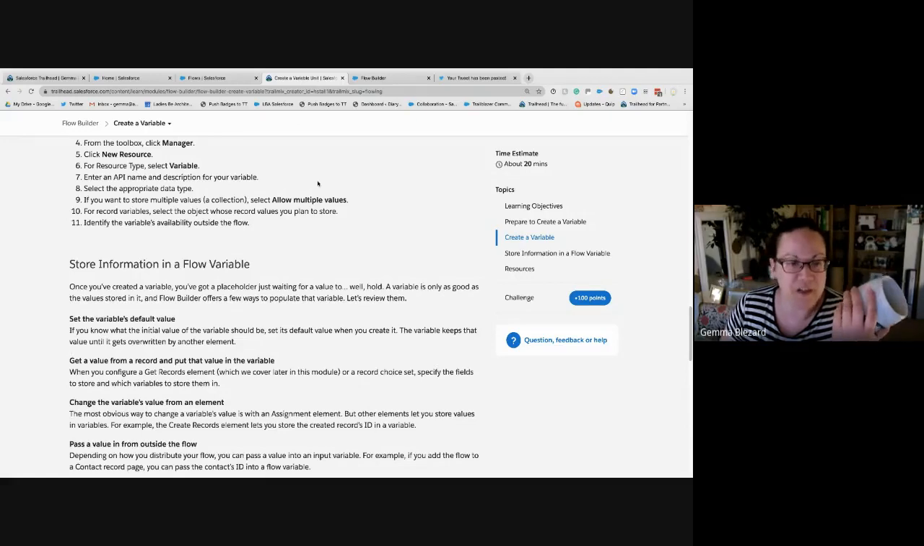Until something else gets poured into it. Do I want to get a value from a record and put that value in the variable? So when you configure get records or a record choice set, you can say which fields you want to store in. Okay, right. So